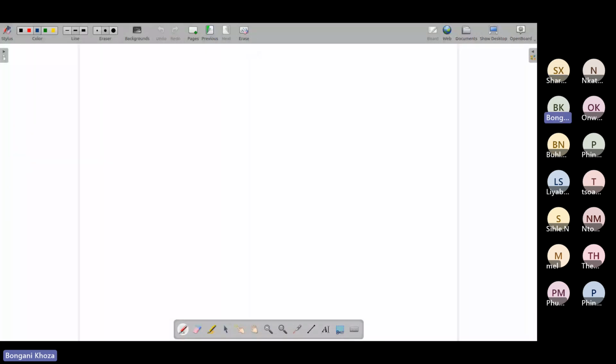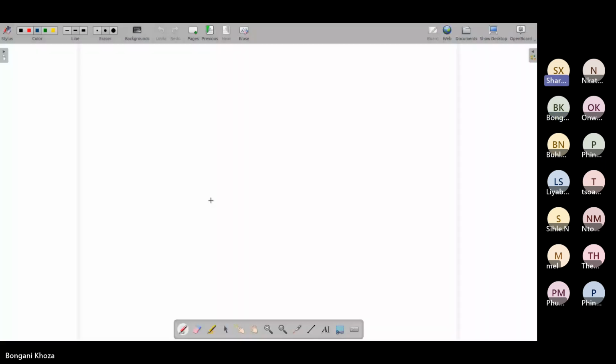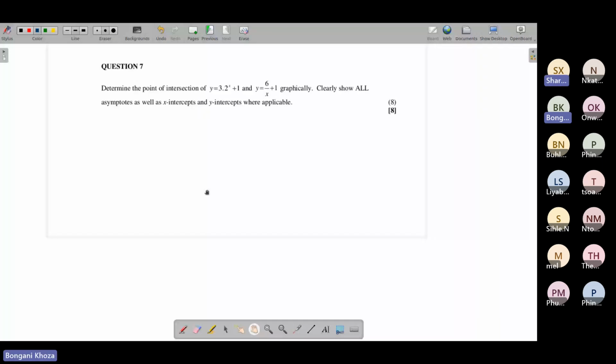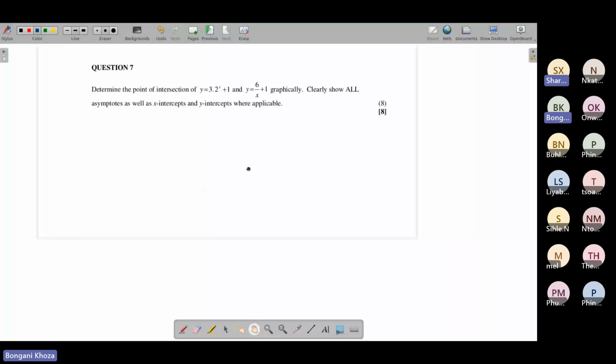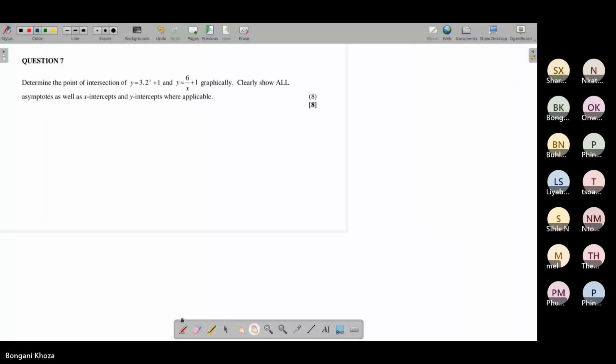Right, I hope this recording is still recording. All right, last question. It's for 8 marks. We are asked to find the point of intersection of that graph and that graph. Graphically, we're supposed to show all asymptotes as well as the x-intercepts and y-intercepts where applicable. So basically, they're asking us to draw these two graphs accurately. So firstly,